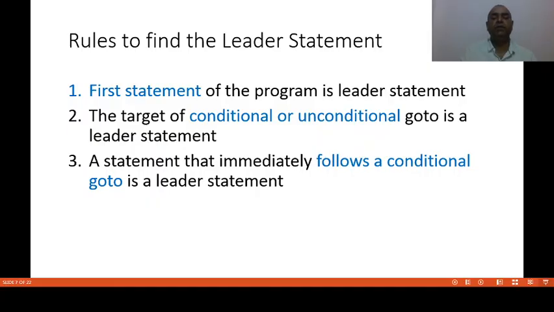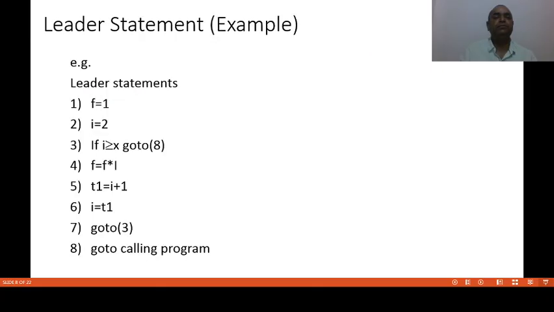Now let's take an example and understand how to find out the leader statement. For example, you are given this intermediate code for a program. Now, our task is to find out the leader statement. As we know that our first rule is the first statement of the program is leader statement.